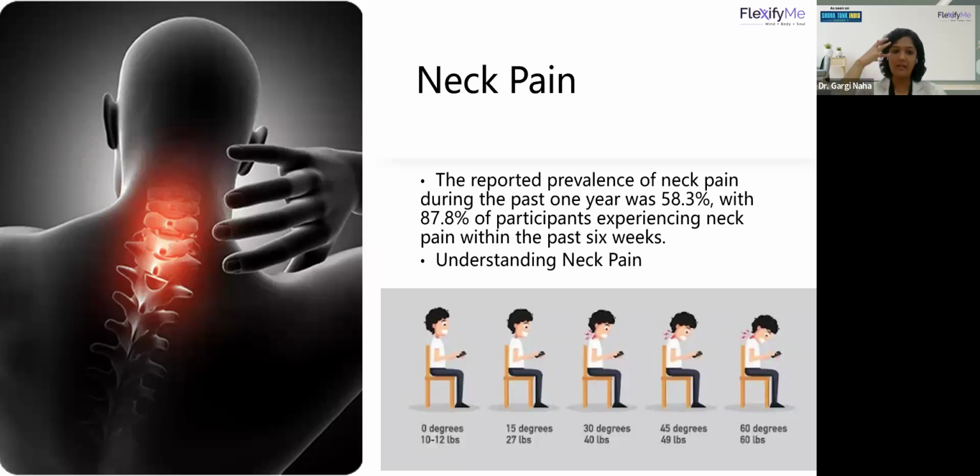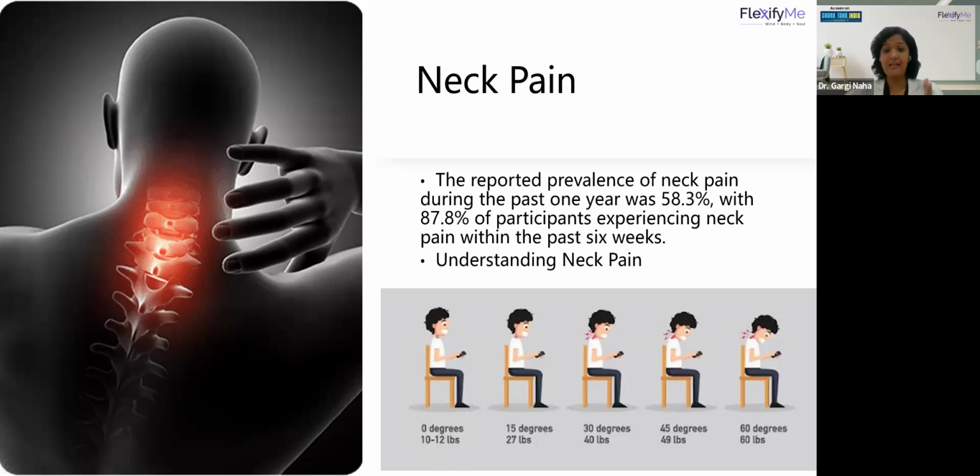Our neck is carrying our head, which weighs 1/7 of my body weight. So if I weigh 70 kgs, my head weighs 5 kgs. Now, as soon as I start bending my head, as you can see in the picture, the load on the neck increases. At 30 degrees, from 5 kgs you have already come to 20 kgs. At 60 degrees, complete bending of the neck, from 20 kgs you have already reached 30 kgs. So your head weighs 30 kgs on your neck.